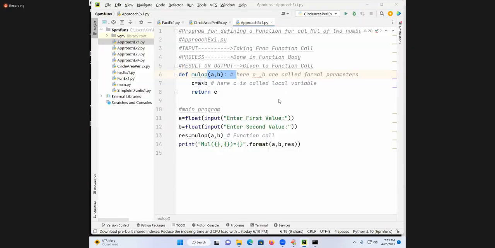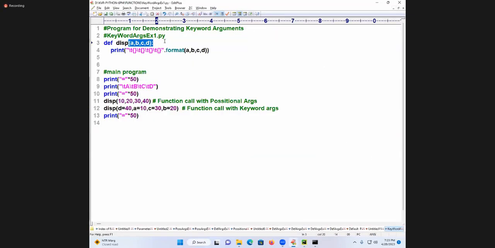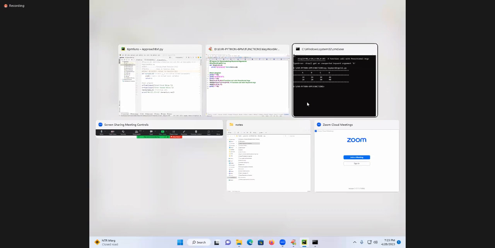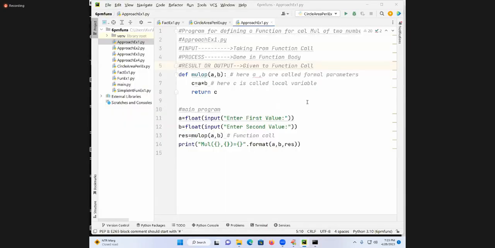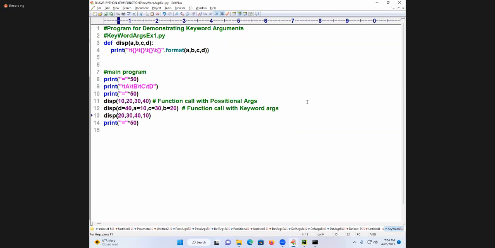What did you understand? I know the parameter names. I know the names, I don't know the order, but to pass the data accurately, which is the best concept? Keyword argument. One more time, see students, display, say something like 20, 10, 30, 40. If I pass it, you are losing the meaning or not? To pass the data accurately, come on, spell out. P is equal to, C is equal to, D is equal to.